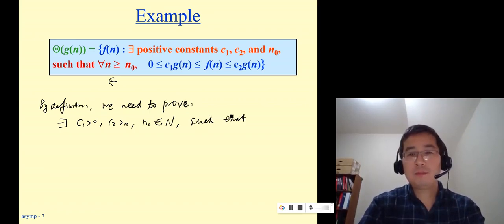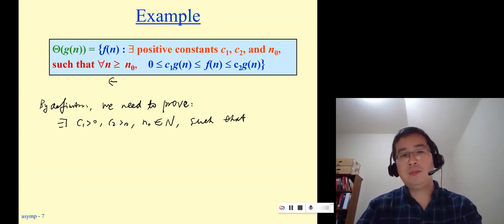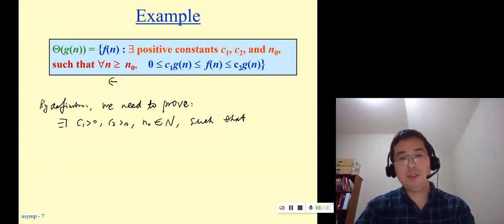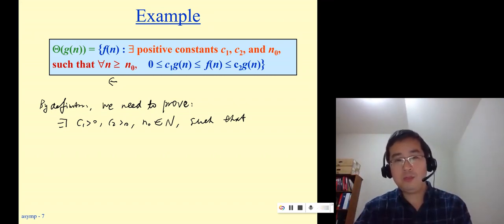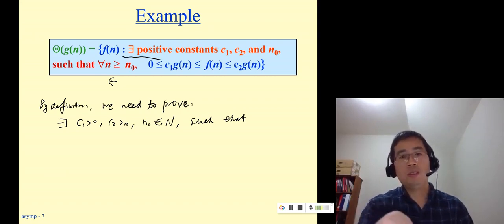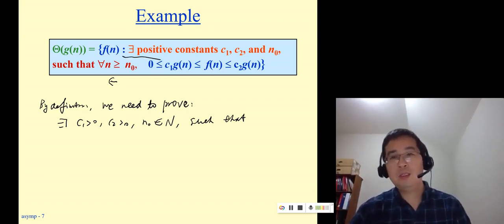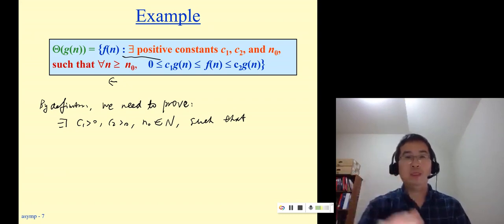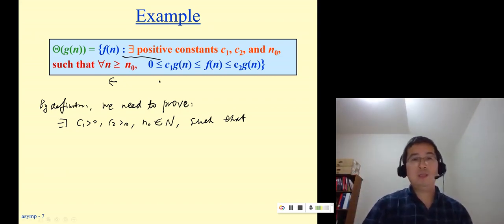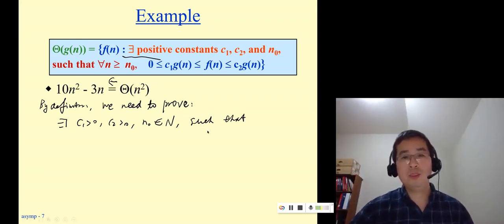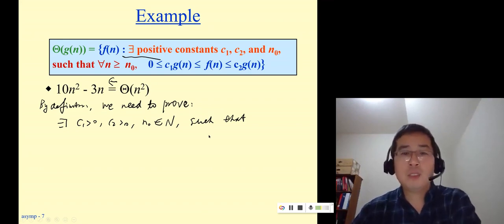The logic is that, based on the definition, to prove by definition, we just go through the definition, and then we find the C1, C2, correct? We solve the C1, C2. If we can find C1, C2, and also solve N0, as long as you can find that this exists, then done, correct? That means they meet the definition, of course, so they will belong to this set. Okay, such that